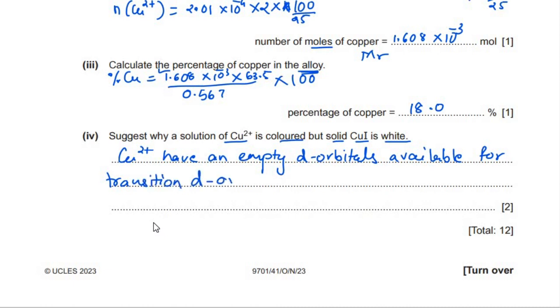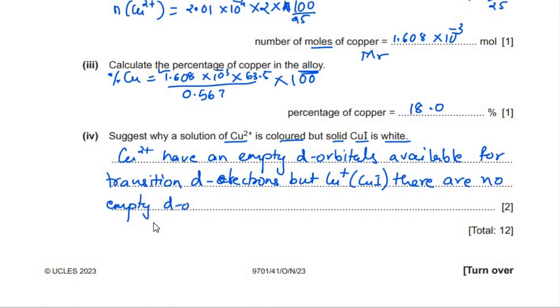Now d electrons transfer from the lower d orbitals to higher d orbitals, and that is only possible when there are empty d orbitals. But in Cu+ ions, or we can write CuI, there are no empty d orbitals, there are no empty d orbitals available